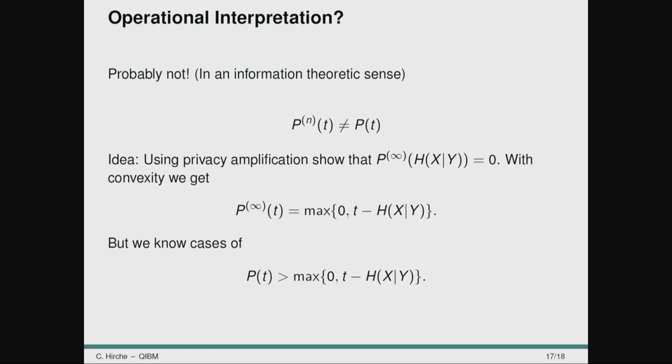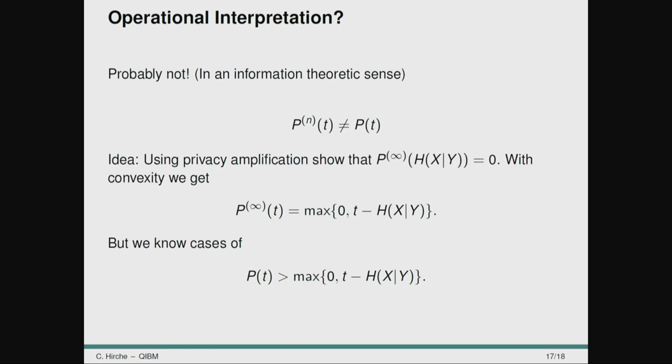And optimally, if the function is additive, I would like these two quantities to be the same. And this is important if I look at an operational interpretation in an information theoretic sense, because generally information theoretic means that I do something to n copies of a state towards a certain goal, and afterwards I want to let n go to infinity, and I would want to recover my single letter formula. And the fact that it's non-additive means that in general we can't do that. That doesn't mean there can't be an operational interpretation, but at least not in any of the straightforward ways which you usually use.